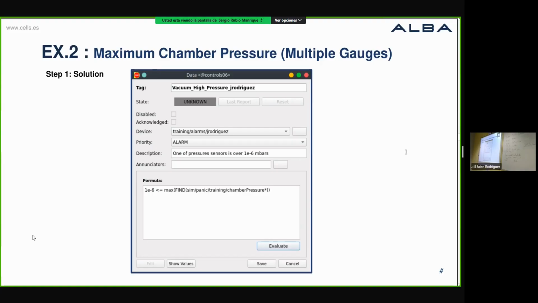Has anyone updated his formula? No, I want to show a trick. Okay, just one thing. If you are not able to find your alarm in the application because there are too many alarms,